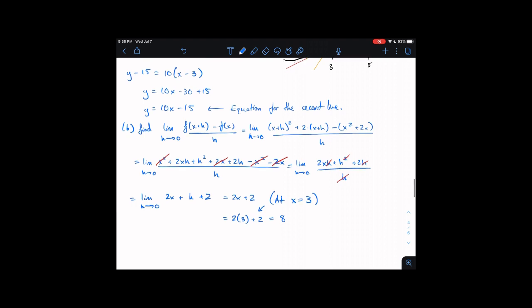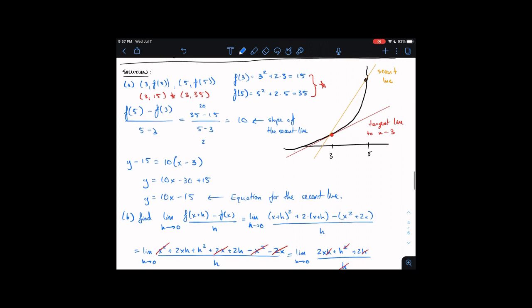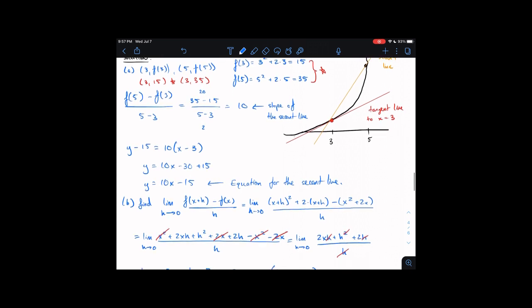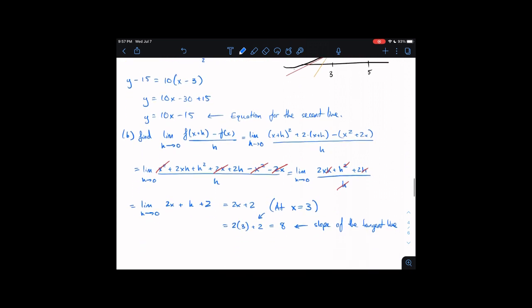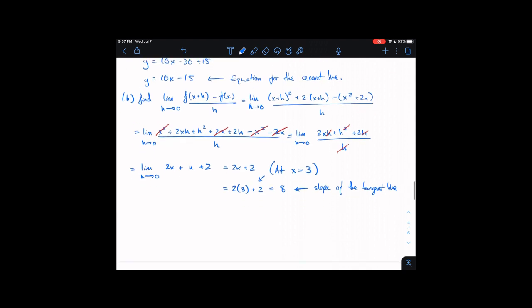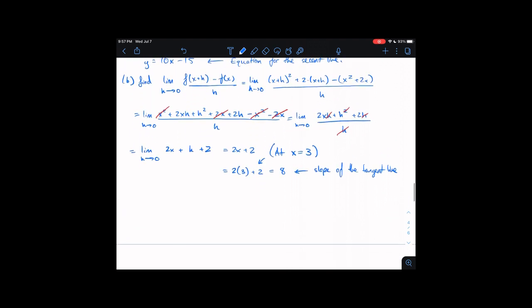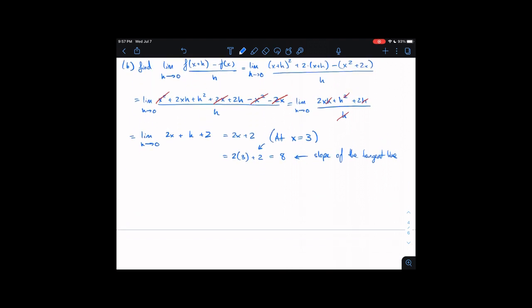Okay, so this is the slope of the tangent line. For the secant line, we find the slope by finding the average rate of change between 2 points, and the slope of the tangent line we find by finding the instantaneous rate of change at 1 point. Now all that's left over is to again use the point slope form with one of the previous points we have